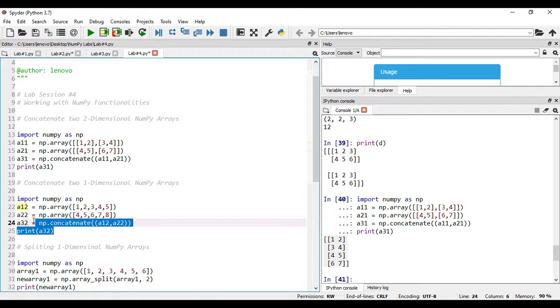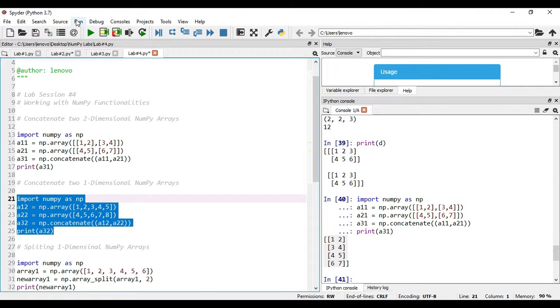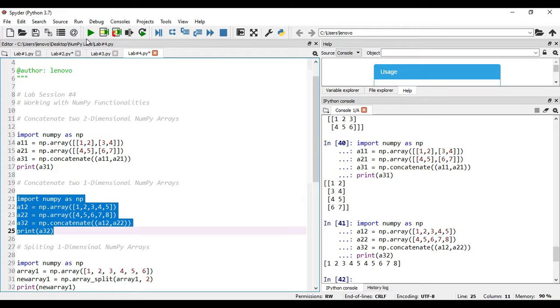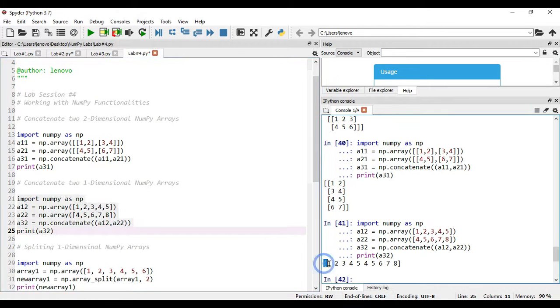Let us try to execute this. Okay, you see when it is a one-dimensional array, all the elements are kept in the single square brackets. That means that it is a one-dimensional array. When you see two square brackets just like here, then we can say that it is a two-dimensional array. If it is a three-dimensional array, then the elements will be enclosed within three square brackets.